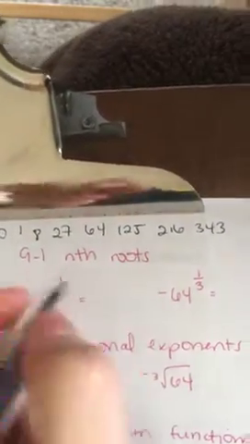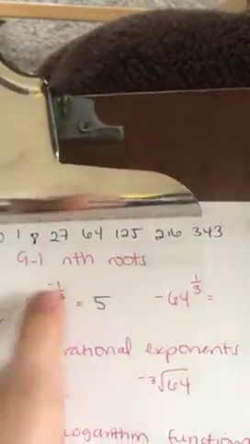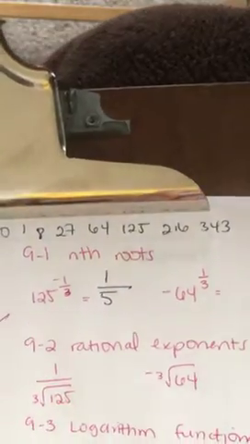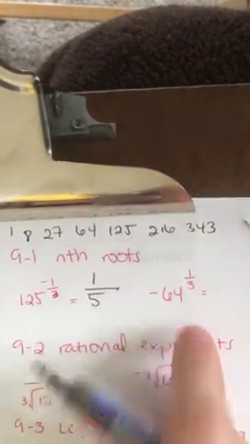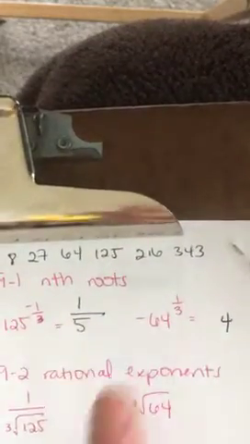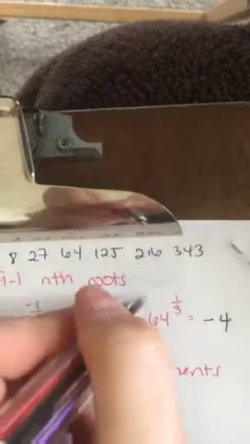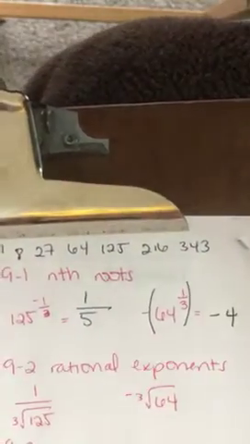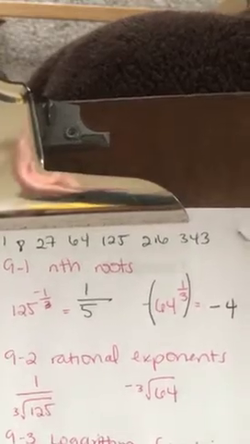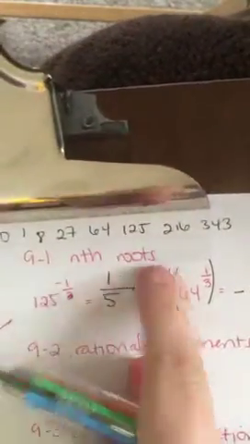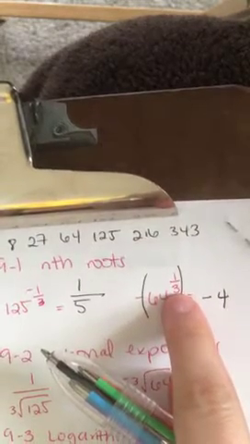The cube root's 5. But this negative tells me it's in the denominator because it's the reciprocal. Okay? Then the cube root, again, of 64 is going to be 4, but this negative outside tells me the answer is negative. If the negative is not inside parentheses, put some parentheses, but that negative is not inside them, okay? The nth root pattern they also want to talk about is that because these are odd, they're all cube